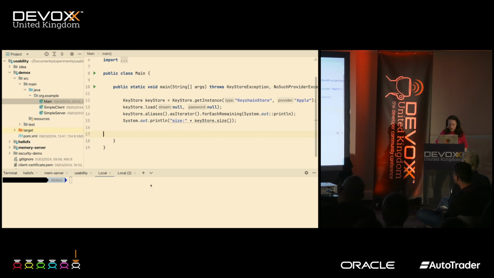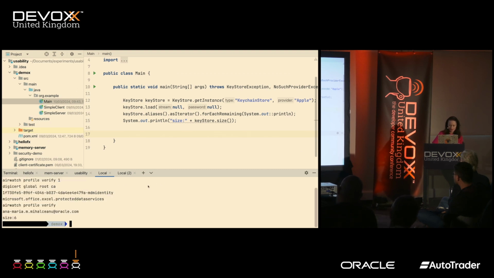Now, if I go to the command line and just say Java 20, and now let's run this Java source main, java org.example.Main.java.